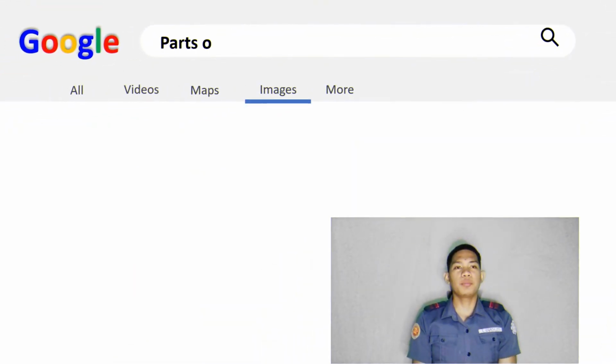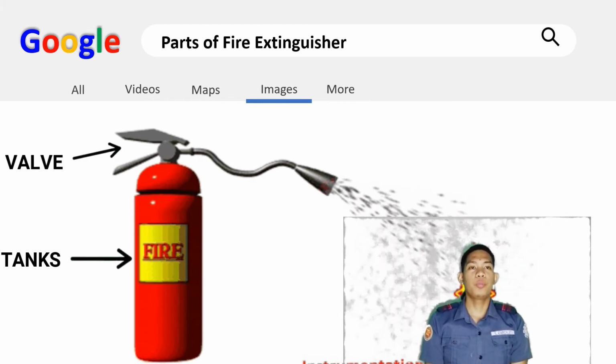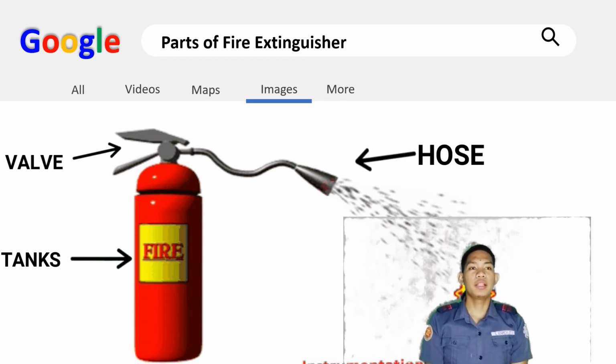And I will discuss the parts of the fire extinguisher. First, the tanks are made of metal. They contain the extinguishing agent and the propellant. They can be manufactured by extrusion or by calendering, deep drawing, and welding. Next is the valve, which regulates the extinguishing agent's flow. It is composed of a body, a handle to lift the fire extinguisher, a locking pin, a release lever, and